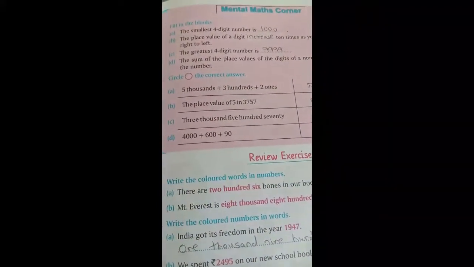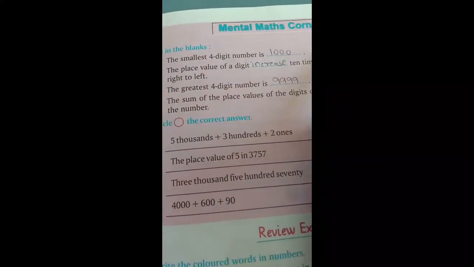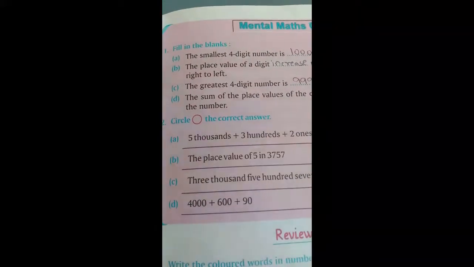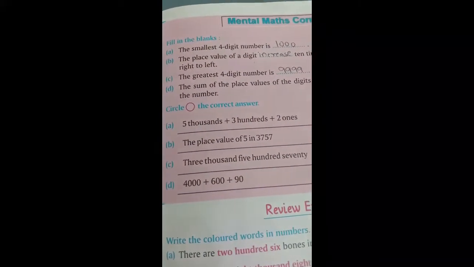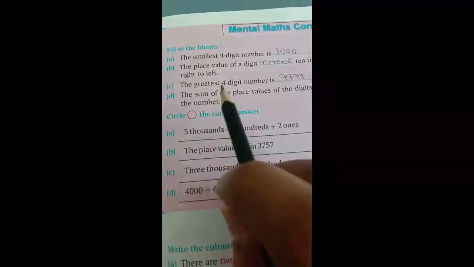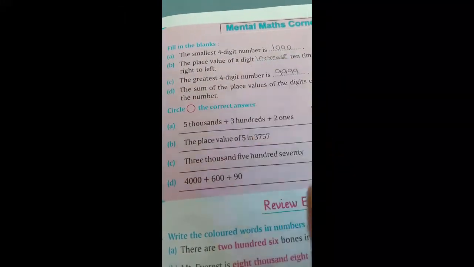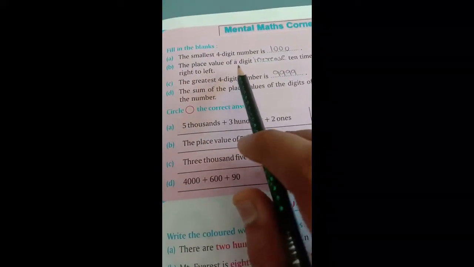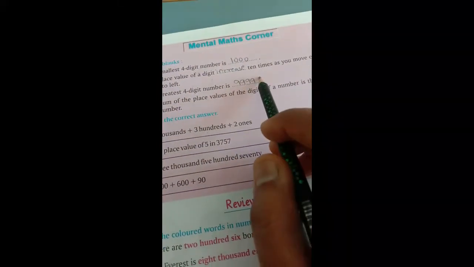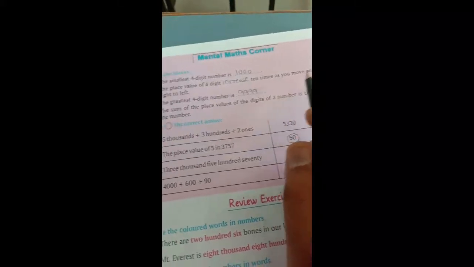Now page number 15 is the mental maths corner. Okay, here I give you only a few questions. Most of the questions we will complete in this video. The smallest 4-digit number is 1000. The place value of a digit dash 10 times as you move one place from